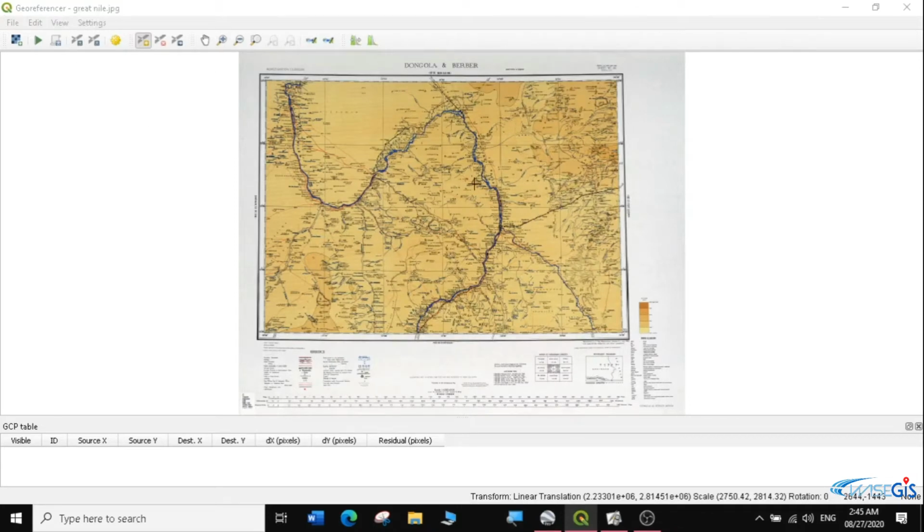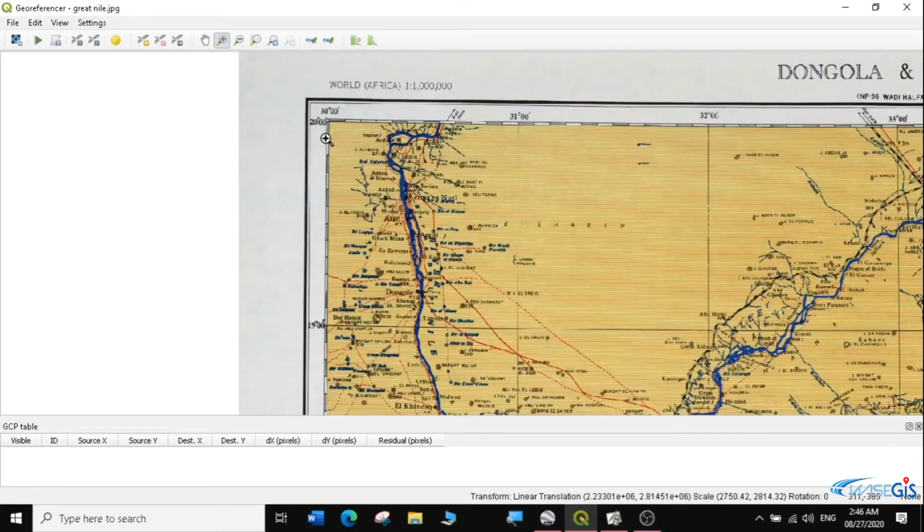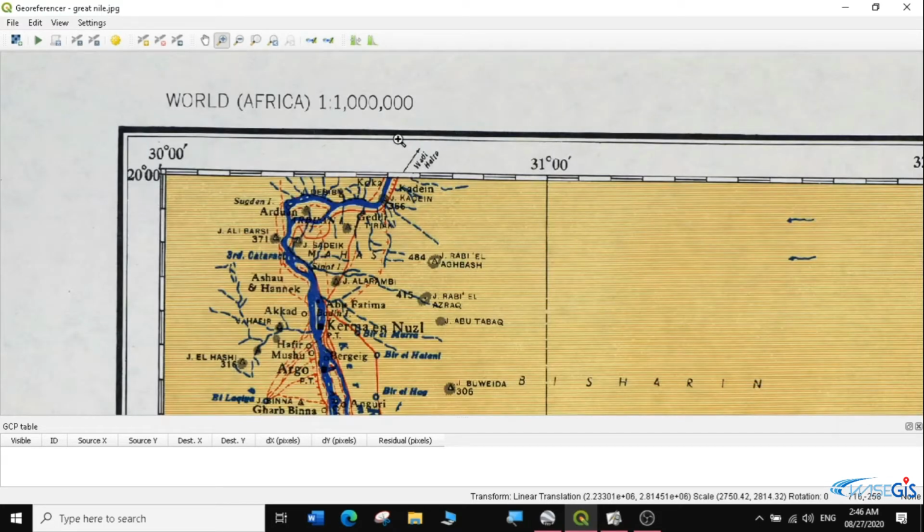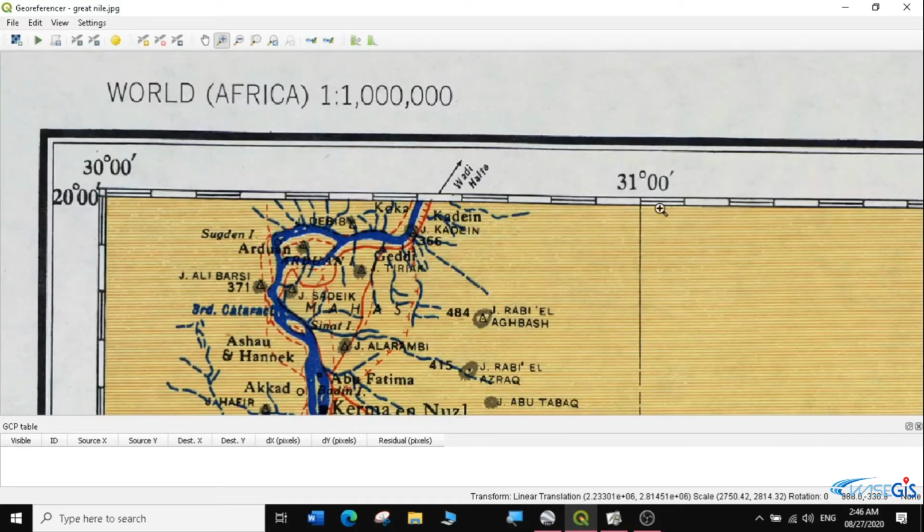Then now we want to do our georeferencing. What do we need for georeferencing? One, we can actually get coordinates from our map here, or we can get coordinates from our canvas or from any other kind of reference that we are going to be using. But for this exercise, we're going to just be using the coordinates that are within our raster layer. So what I'm going to do is zoom in so that I'm able to see the coordinates. I'm going to zoom in into one of the corners, and I can see very clearly there's some coordinates here